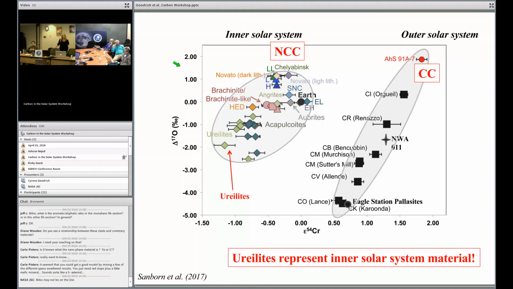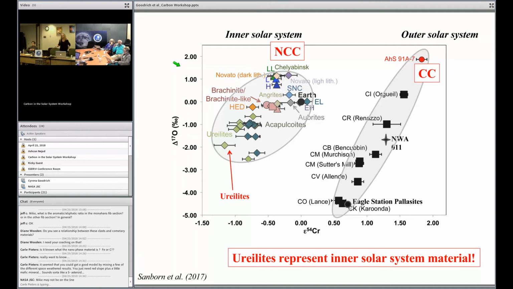Well, the CKs don't have much serpentine. I guess if you threw out Ben Cubbin, maybe then there is kind of a relationship. Looking at it, it's telling us something here. We should pay attention. Yes, it is telling us something. I agree. All right. Well, let me take a different tack. Since we have Serena here, I want to ask about this. So